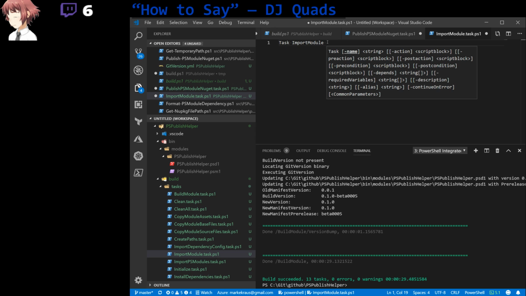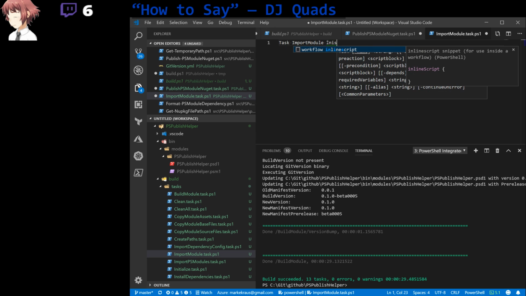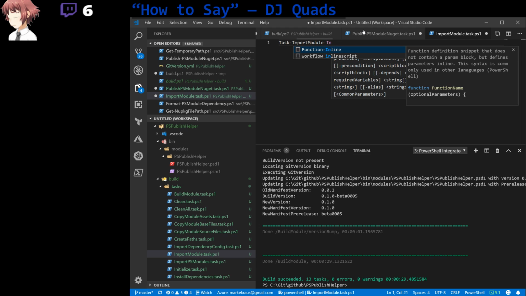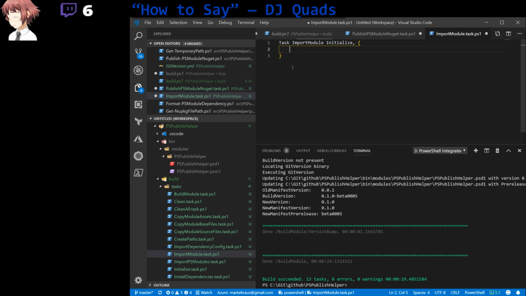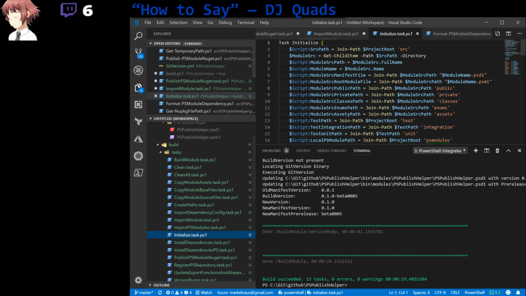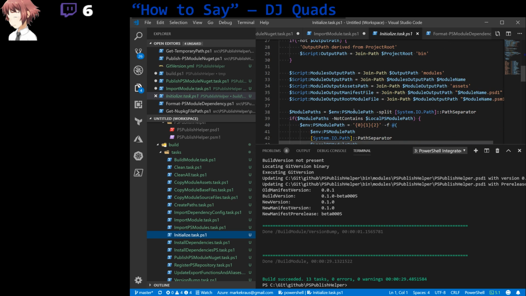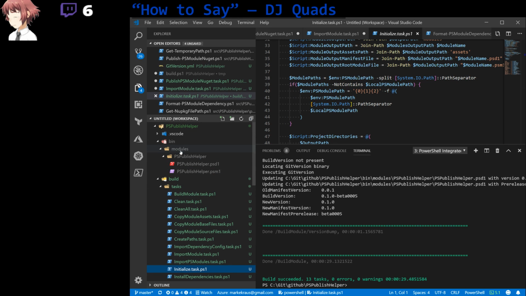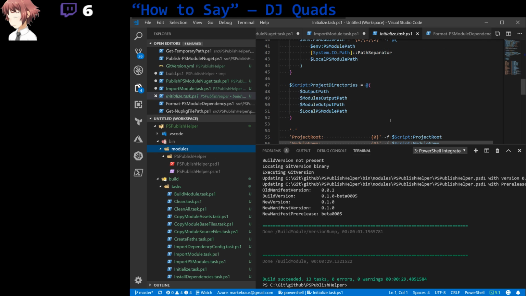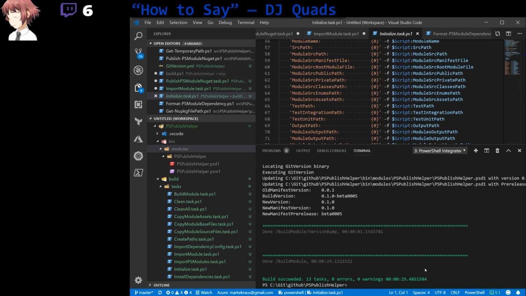Import module needs to initialize. We're going to assume that the module has been built because we want this to run by itself. So in my initialize task, I actually add the PS module path. So this path right here, modules, gets added to the PS module path, gets prepended to it. I do that by default. So if I look at my PS module path now,